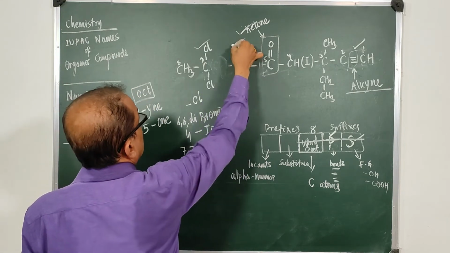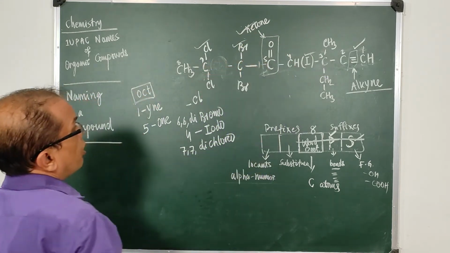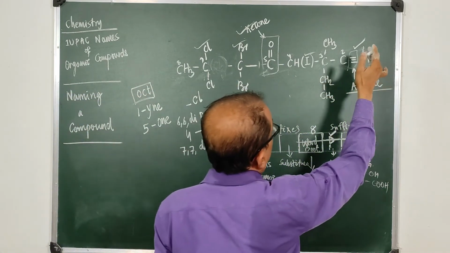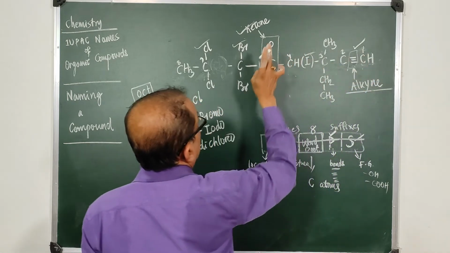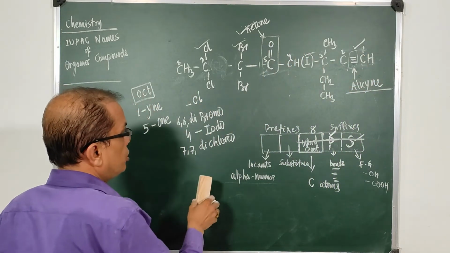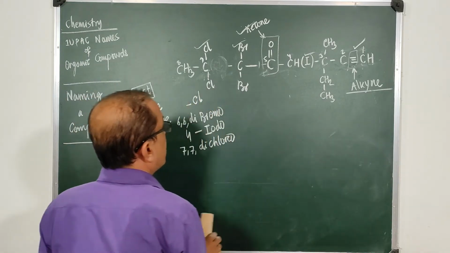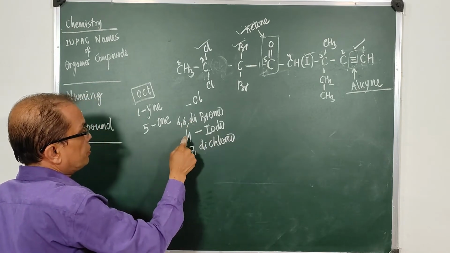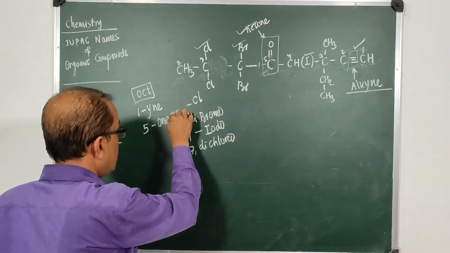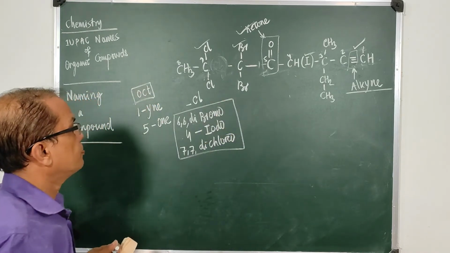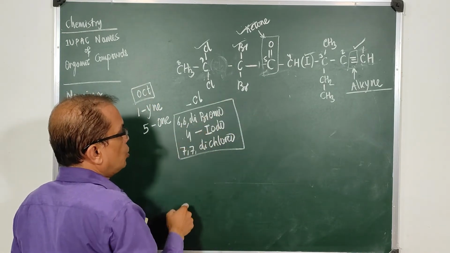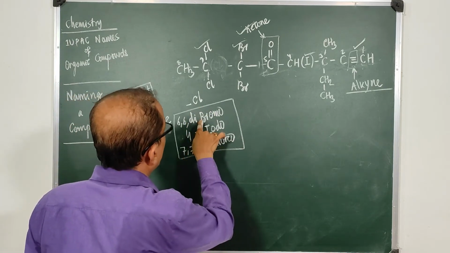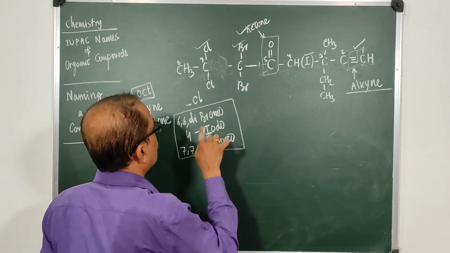So I have used chlorine, bromine, iodine, chloro, bromo, iodo. I have used all the prefixes and also the primary and the secondary suffixes. So almost my job is over now, and I have used the alphanumericals also. The alpha here is di and the numerals are 6, 6, 4, 7, etc. Then I have to see which prefix I would write first. Here there is a bromo, there is iodo, there is chloro, and if I look at D, then dibromo comes first, dichloro next, and iodo comes next.